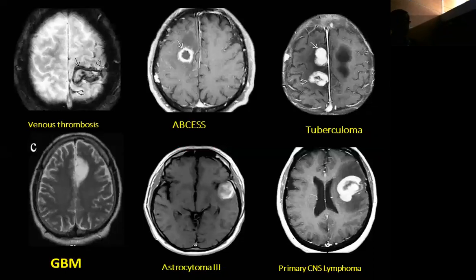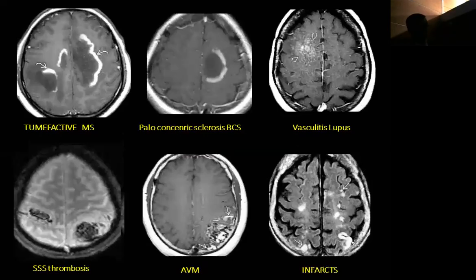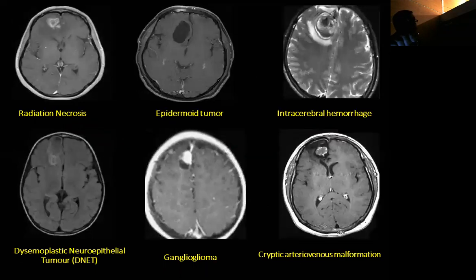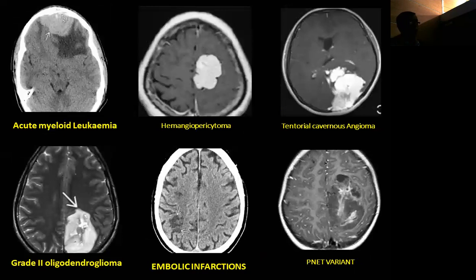Glioblastoma multiforme, parasagittal with dural base and enhancement. So different kinds of tumors. And the most important one is multiple sclerosis. There's so-called tumefactive multiple sclerosis. It looks like a tumor, like this. So you have to be careful about that. Radiation necrosis: after surgery, you give radiation and you don't know whether this is tumor or radiation necrosis. Hematomas, various types of pathologies there. Myeloid leukemia, meningioma, you name it.